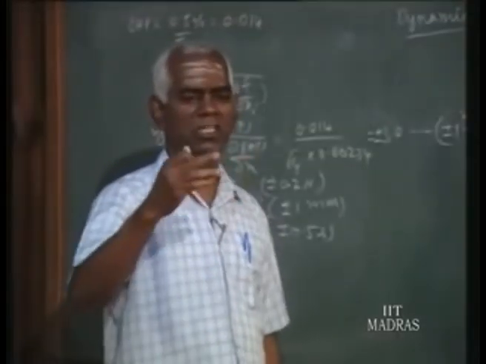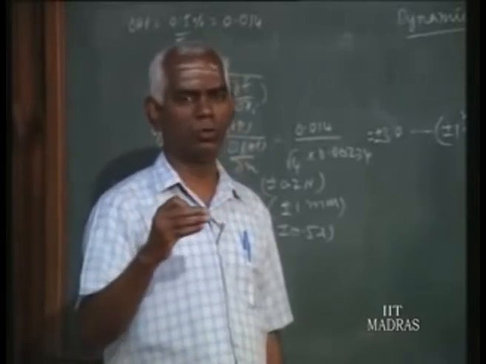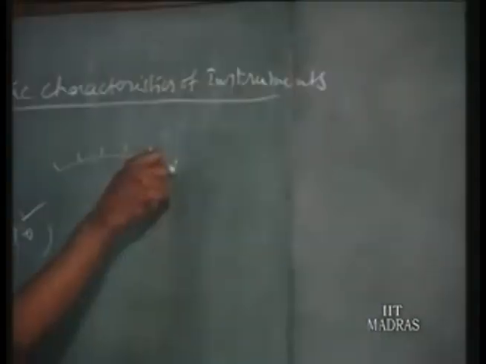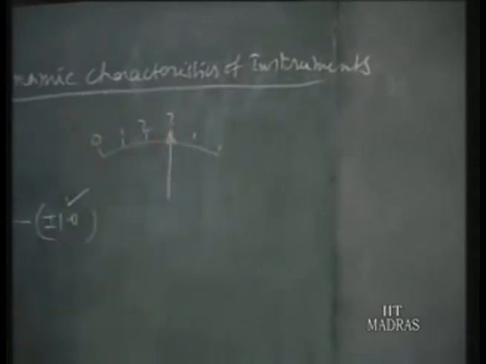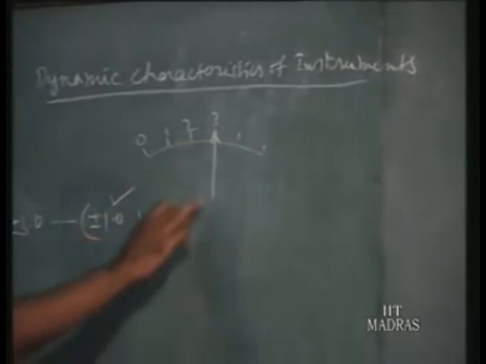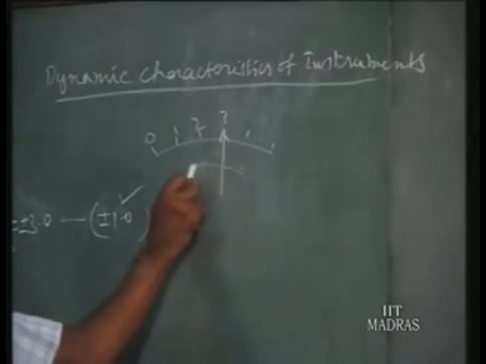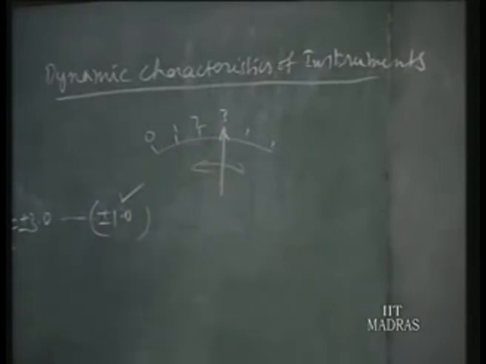If the signal is constant, at least during the measurement, we can read the value on the scale where the pointer stops. This is the scale, and the pointer will be standing here. So 0, 1, 2, 3. So 3 is the reading. That is, the pointer has to be stationary to take readings. That is possible only if the parameter does not change during the measurement. Suppose it is continuously oscillating and does not have any fixed place, then you cannot note it down.